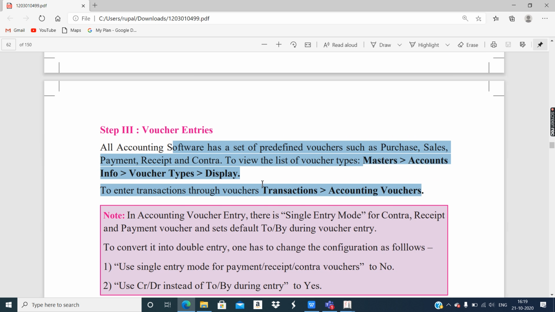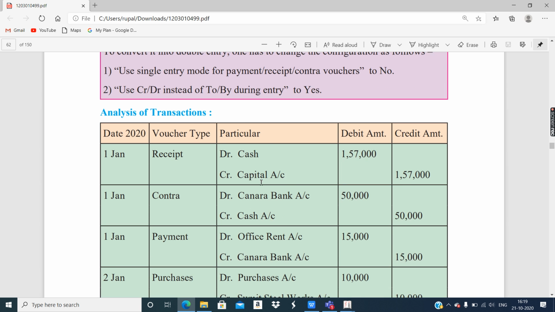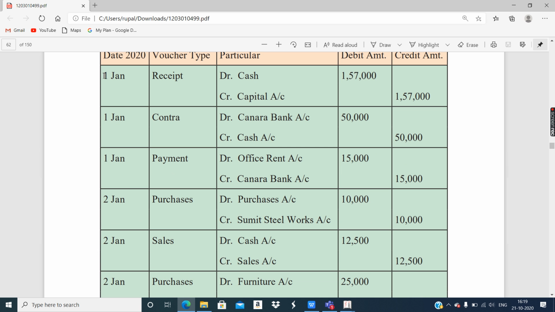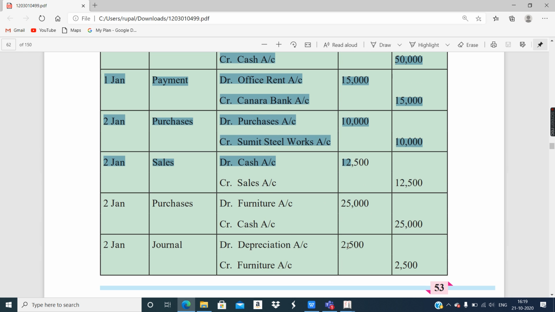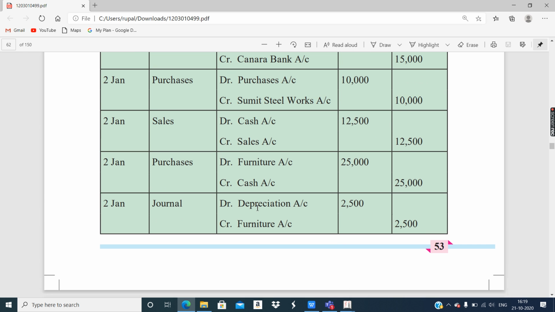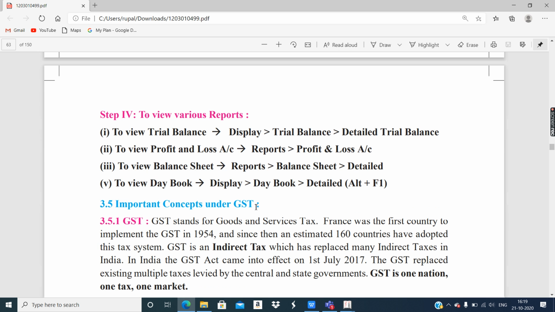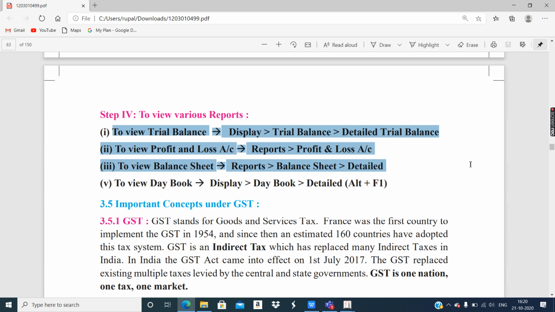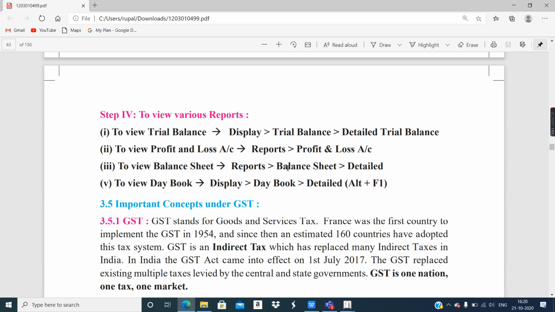You can copy this voucher entry screen and then make a table in this manner, and write the steps in this manner to view the reports. Okay, so the guidance is given in the textbook itself. You just have to read and modify according to the question.